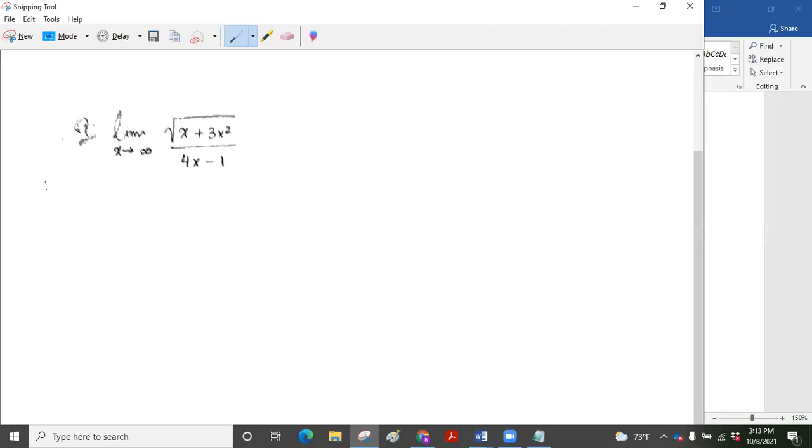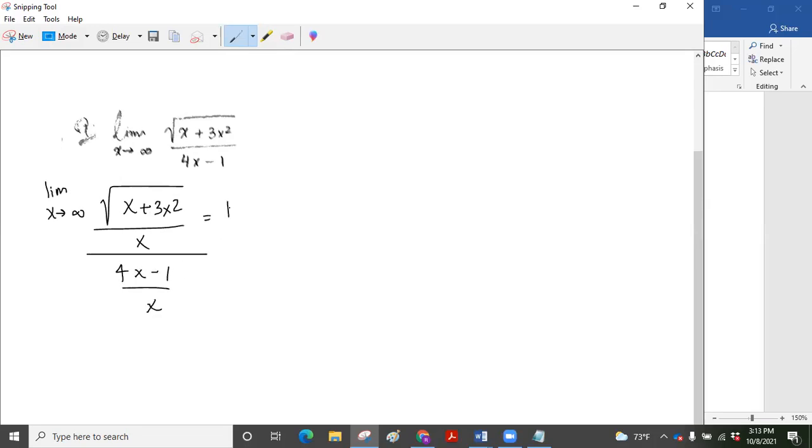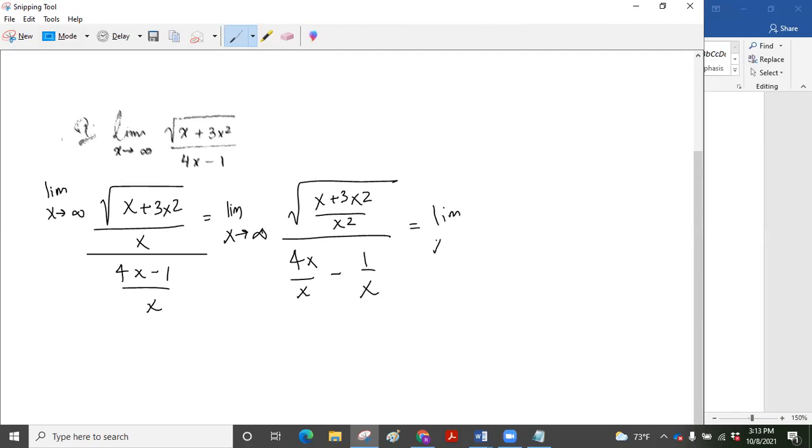So the limit as x approaches infinity, in this case, we're going to divide the numerator and the denominator by x plus 3x squared. Or sorry, by x plus 3x squared. That's the highest one in the denominator, right? So the square root of x plus 3x squared over 4x minus 1 over x is equal to the limit as x approaches infinity of the square root of x plus 3x squared over x squared over 4x over x minus 1 over x,